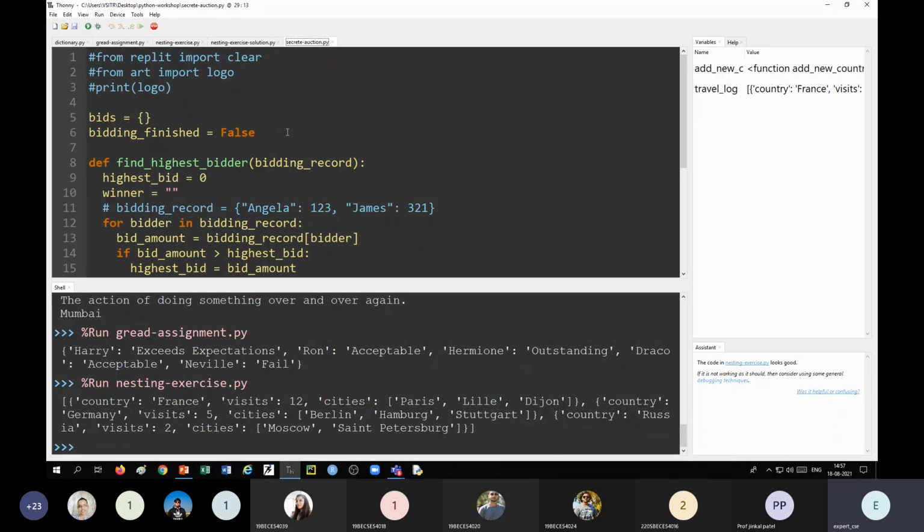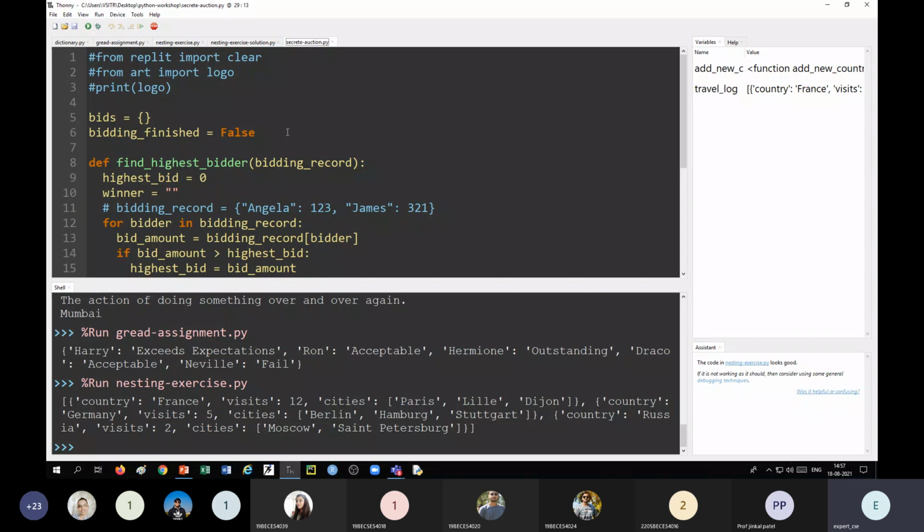Let us understand what the program is. We want to find out who is the bidder with the highest bidding value. So we'll accept two things from the keyboard: name of the bidder and the bidding amount for a particular auction. So two items in the dictionary.